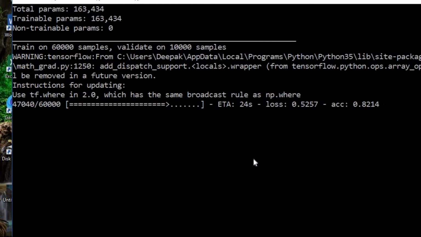Let us wait only for 25 seconds more to see the result. Well, this execution is done on CPU, so you can understand on GPU it will not take this much time also.